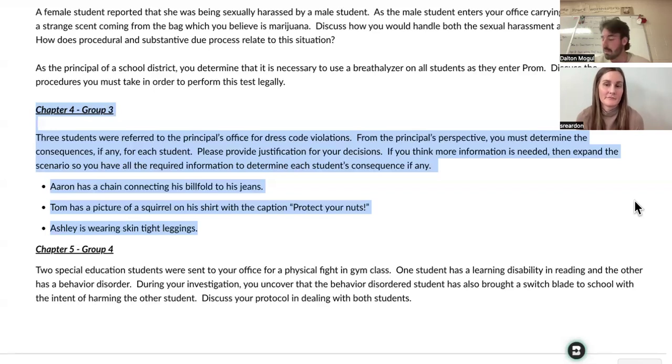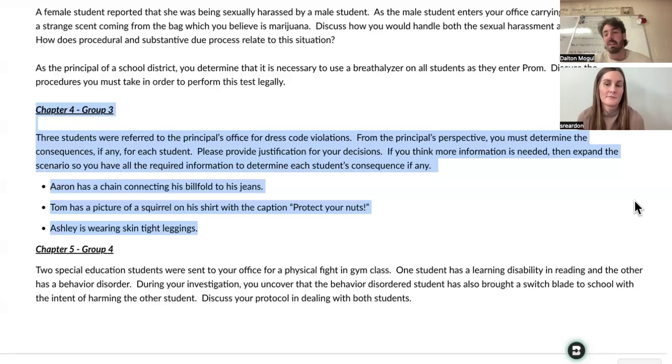And so for Tom, what I was thinking about is every student, I probably have to side with them due to due process, and there has to be a burden of proof to suggest that Tom's shirt was causing disruption in the learning environment. So if Tom's shirt is causing disruption in a room, if he's bringing attention to this, and students are, it's stopping English class or whatever's happening, now I think we have grounds to possibly have Tom change or wear something else.